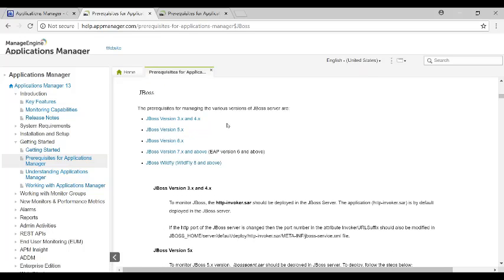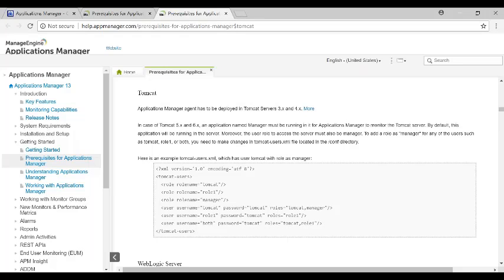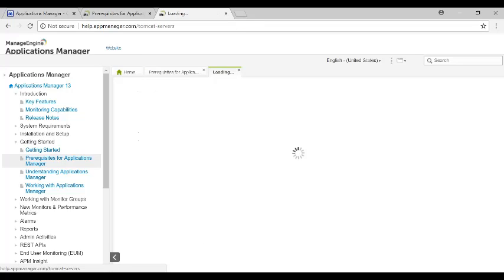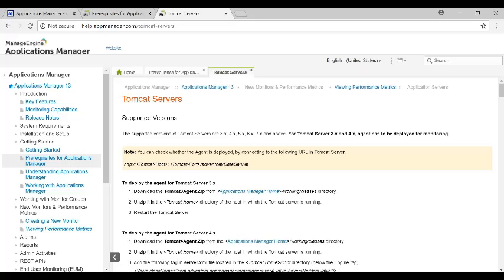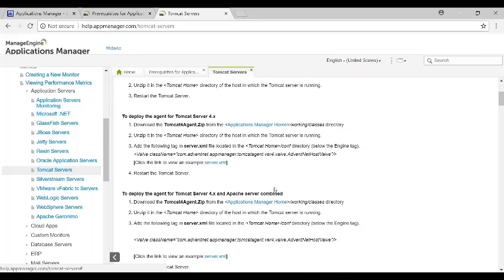In JBoss, we support all the popular versions of JBoss application servers, and each and every version has its own prerequisite, which are available over here. Similarly, for Tomcat, there are different versions which are available. Those version prerequisites are mentioned over here. So before adding the monitor, make sure these prerequisites are performed,